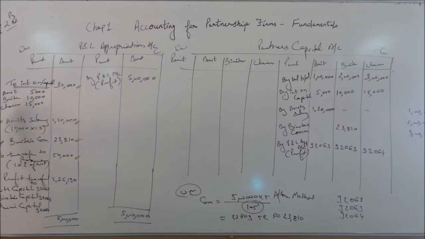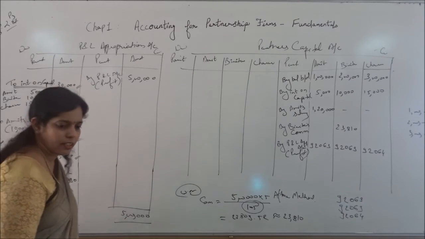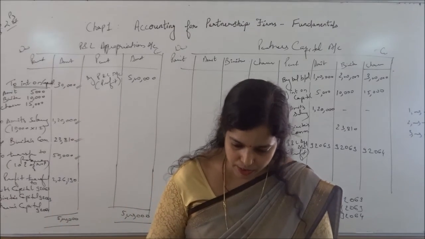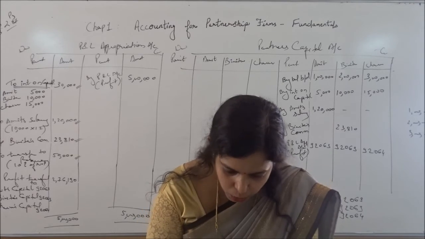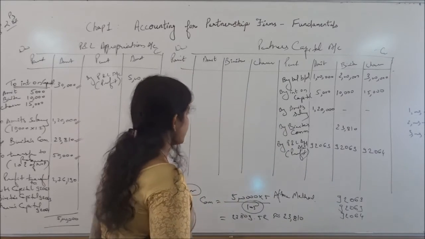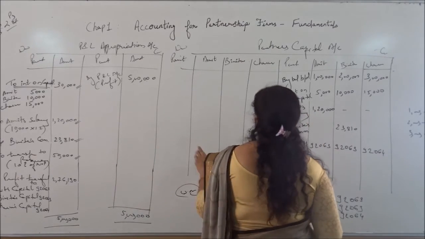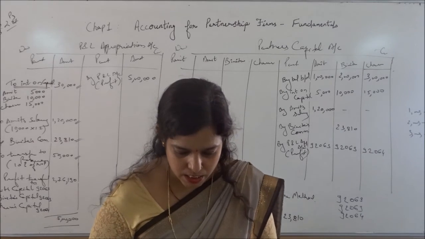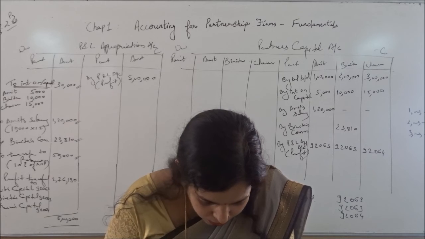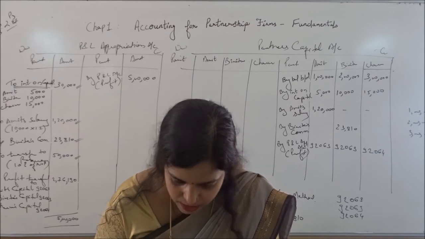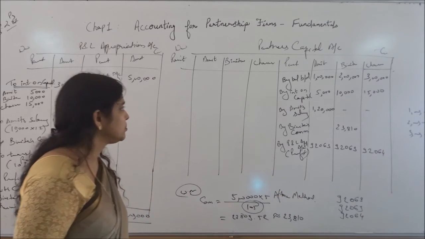Check once whether you transferred all the items properly, whether any item is left. We have taken the balance, interest on capital we have transferred, salary we have taken, Vinita's commission we have taken, this one is not to be taken, and the profit we have also transferred. Neither drawing is there nor will interest on drawing be applied. Now do the total of the capital account and find the answers. Do the total, how much is it coming, then find the balance. Please do the total.